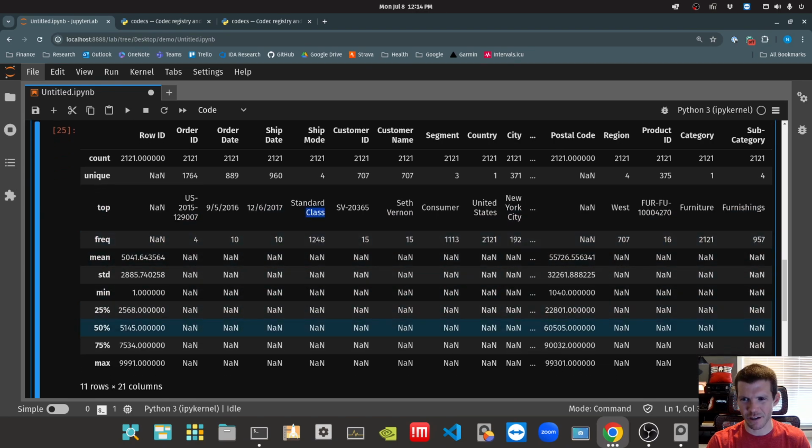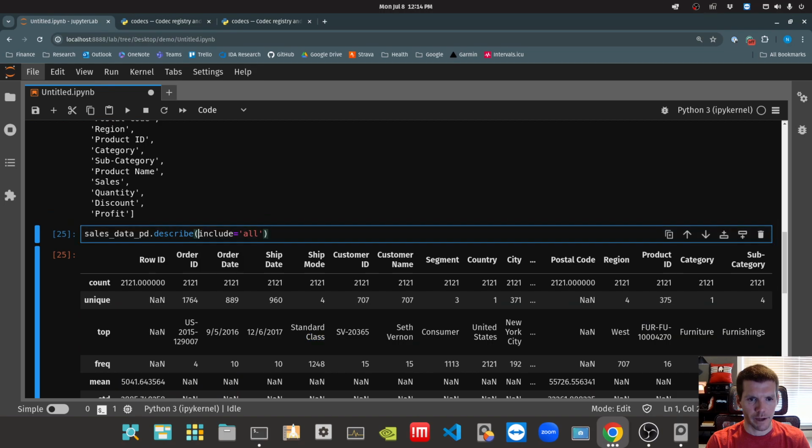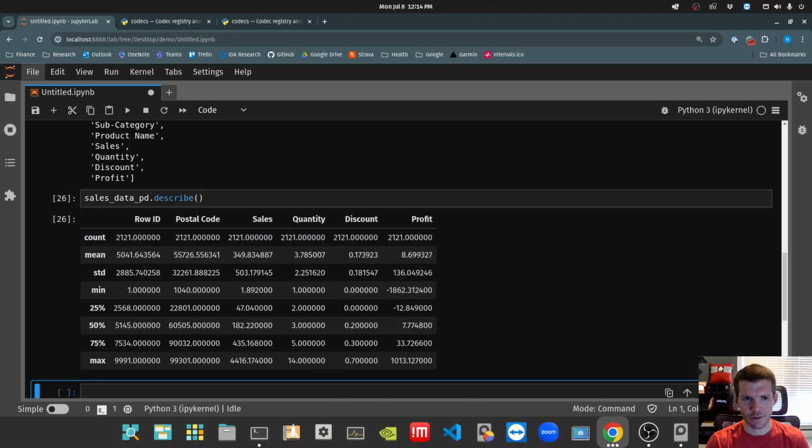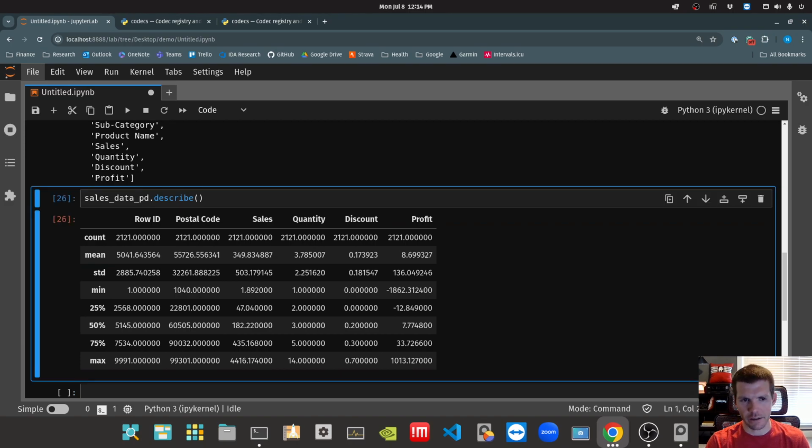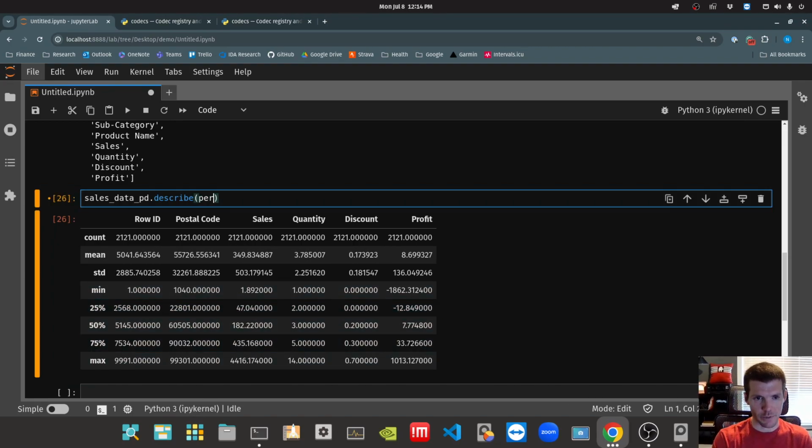To me, this is a little bit busy, so I kind of like the way that pandas does that by default. If you do that .describe, it just shows you, okay, for the columns that are numeric, some basic statistics, min, max, and some percentiles, and you can change those percentiles by just providing